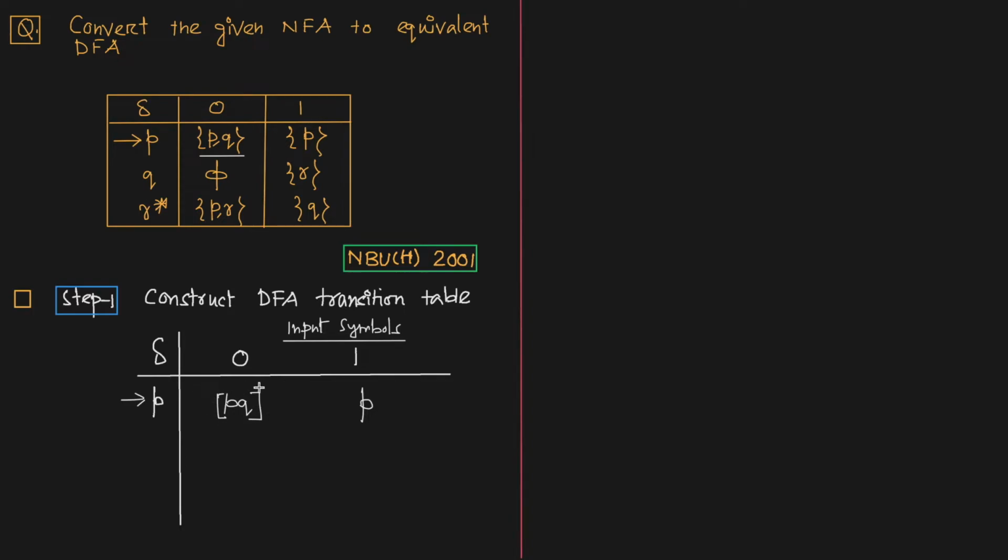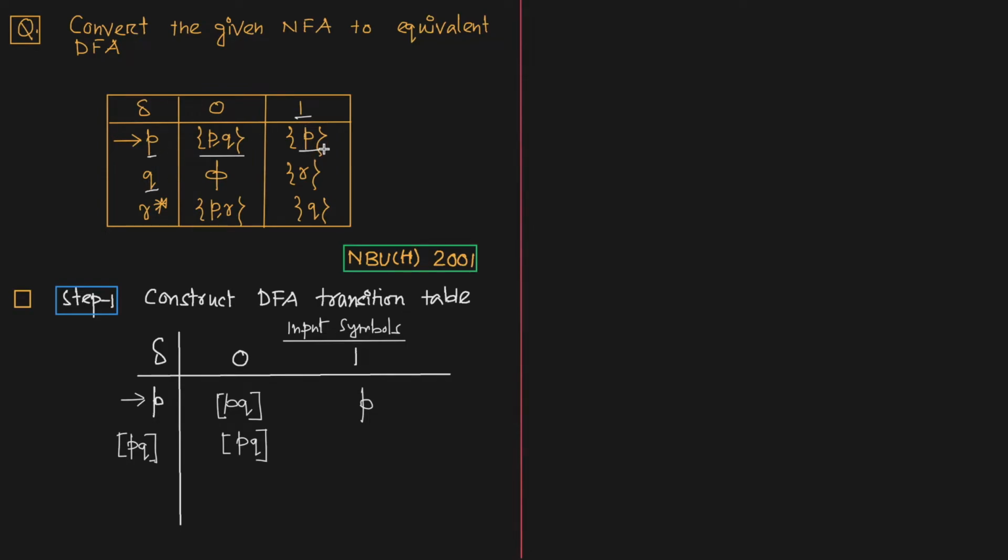ঠিক, এই নিউ স্টেটকে আমরা কী করতে হবে? প্রেজেন্ট স্টেটের কলামে লিখতে হবে। সো এই সেলটা হচ্ছে প্রেজেন্ট স্টেটের কলাম, ঠিক আছে? সো পি কিউ, পি কিউ মিনস দিস ইজ এ সিঙ্গেল স্টেট। সো পি কিউ অন 0, পি এর করসপন্ডিং পি কিউ অ্যান্ড কিউ এর করসপন্ডিং কি ফাই। সো আমি কী করবো, এদের ইউনিয়ন কনসিডার করো, ঠিক আছে? সো পি কিউ অ্যান্ড ফাই এর ইউনিয়ন কী হয়? পি কিউ হবে। সো দিস ইজ পি কিউ।